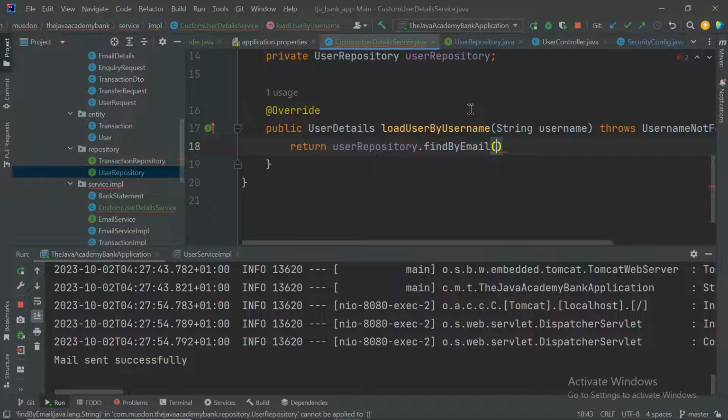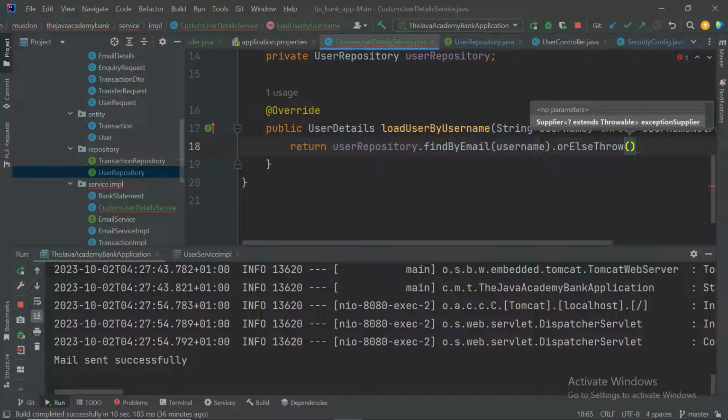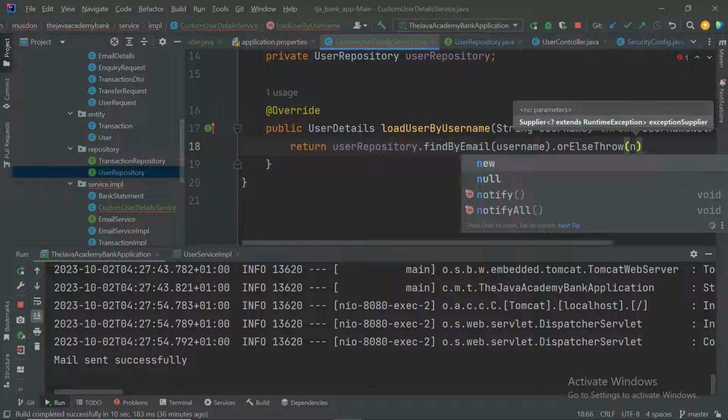So let's come back. So now we have this. So our username is basically going to be our email. That's what we are actually stating here. Okay, and then dot or else throw. So that is if the user is not found. So there's every possibility that someone tries to log in with an email that hasn't been registered yet. So you can then throw new